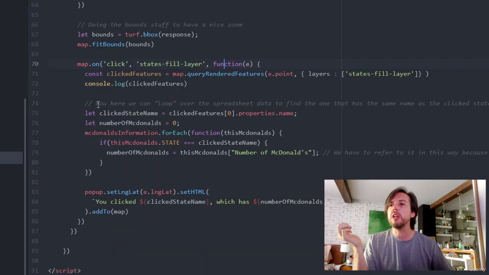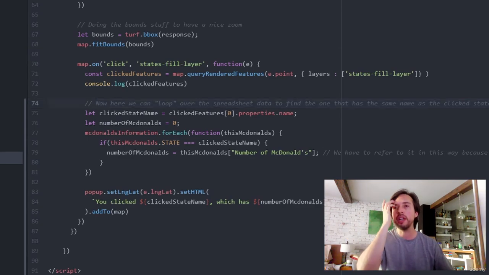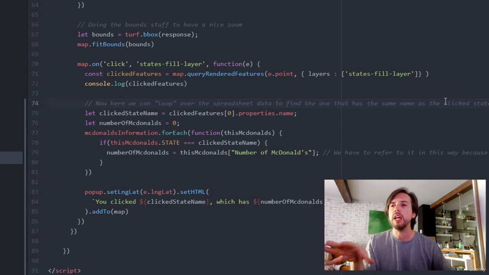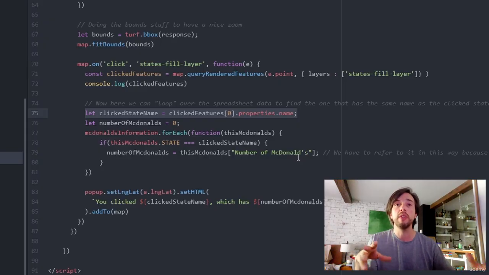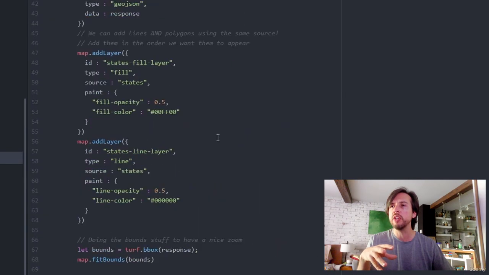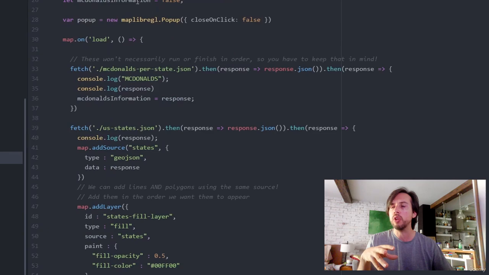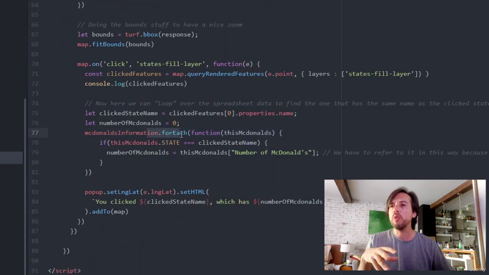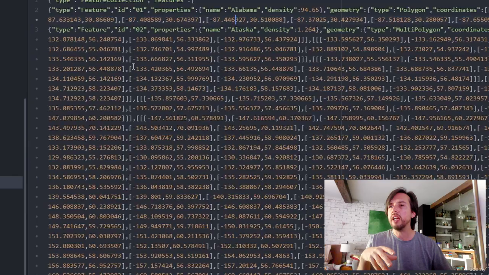So here, what I say is we can loop over the spreadsheet data to find the one row that has the same name as the state we clicked. We know the name of the state because we have it from clicked properties.name, the same thing we used before to actually show the name, right? This is the name of the clicked state. Now we have this number of McDonald's, which I set to 0 every time it's clicked because we're resetting it. And what I do is I loop over the McDonald's information, which is what came back from the response that we stored in a global variable. I loop over this, I go for each, and then we're going to be looking at every